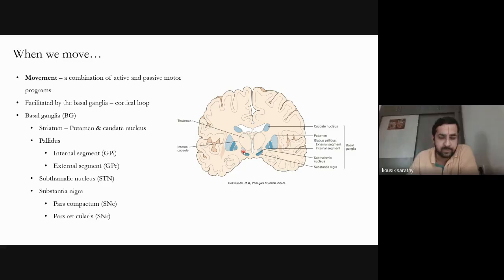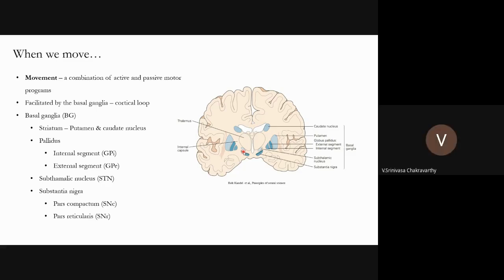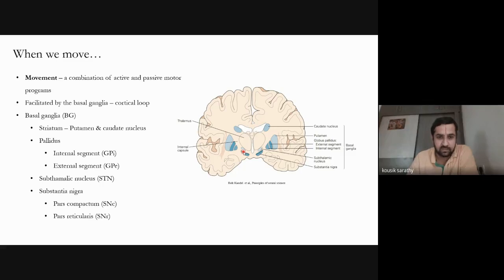Hagai Bergman's group in Israel has done a lot of work on this. I have discussed this with Professor Srinivas Chakravarthy quite a bit. Zvi Israel is the neurosurgeon with whom they did a lot of studies on how you can use the beta oscillations to implant it in the right place. They came up with the terminology DLOR, dorsolateral oscillatory region. They said you cannot implant anywhere in the STN. STN is already a small space, but you have to implant in a certain place in the STN, which is dorsal and lateral.